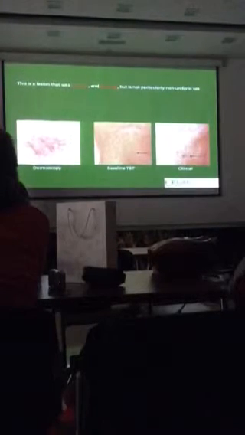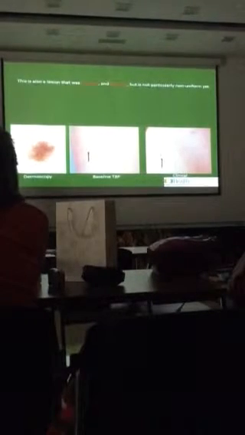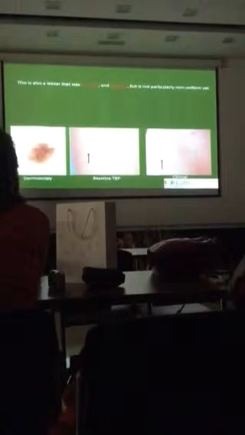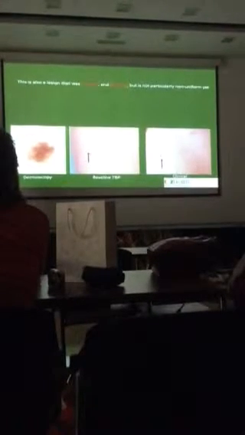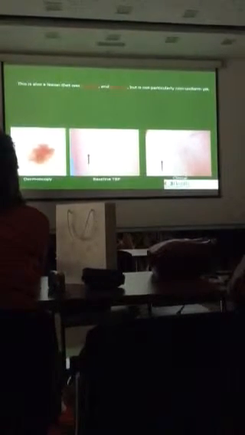So how do we put this together? This is a lesion that's a little bit unusual for the patient. It's growing and changing. It's not particularly non-uniform yet. It's in situ melanoma. This is a lesion, it's really not entirely fair, but it had a little bit more red hue than the other lesions on the patient. That's something to pay attention to. If their moles all look fine, there's one that's a little more red than the others, pay attention. Dermoscopically, not that super scary, but clearly growing and changing, a little unusual for the patient,